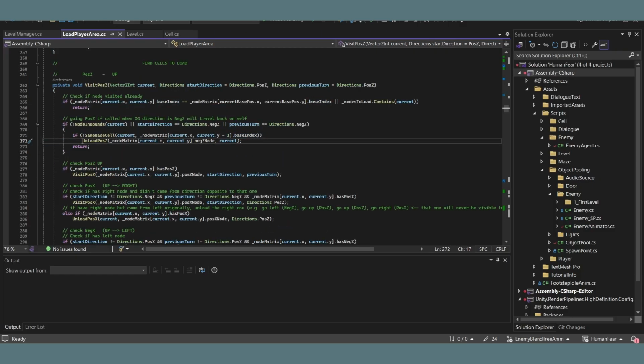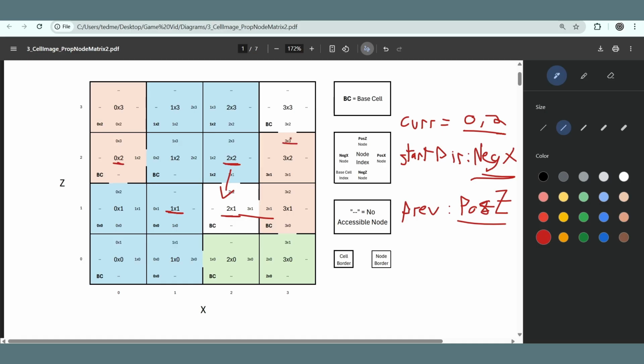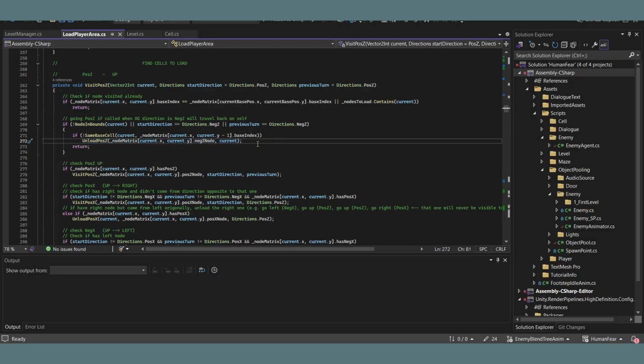But if they have different base indexes, which would mean we went from here to here, as opposed to the same base index where we went from here to here, then we would call this unload positive z function. I'll go over this shortly, but I'll firstly run through the rest of the logic within this positive z. Another reason briefly for actually trying to unload the positive z, even if neither of the directions were negative z,